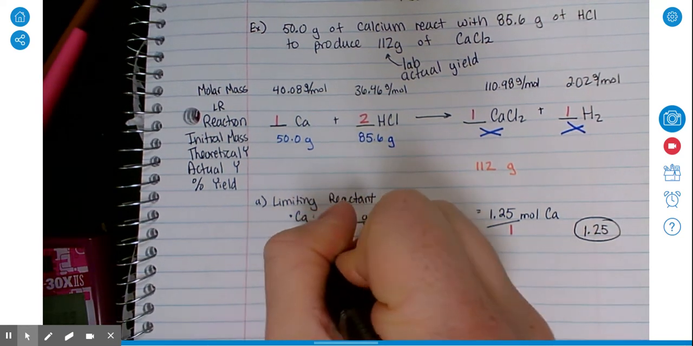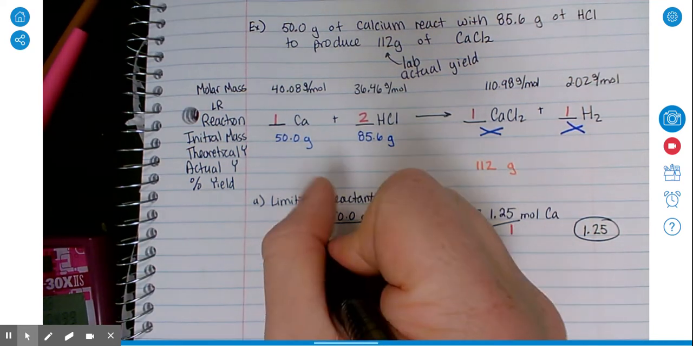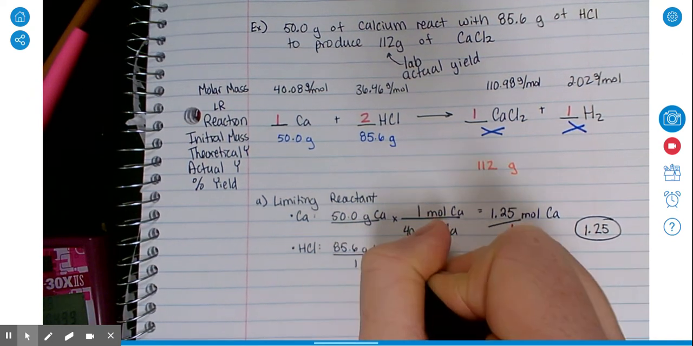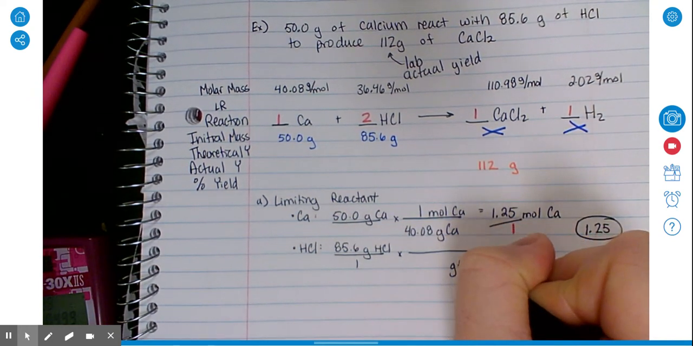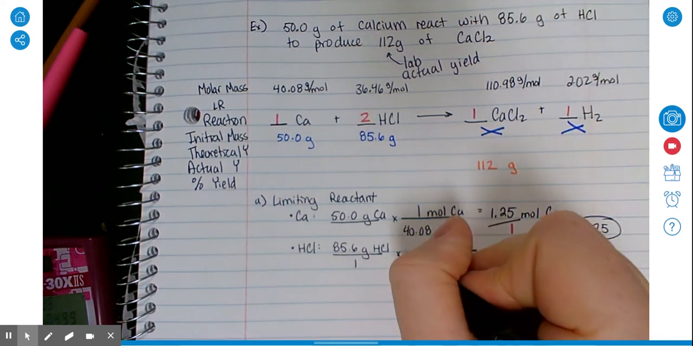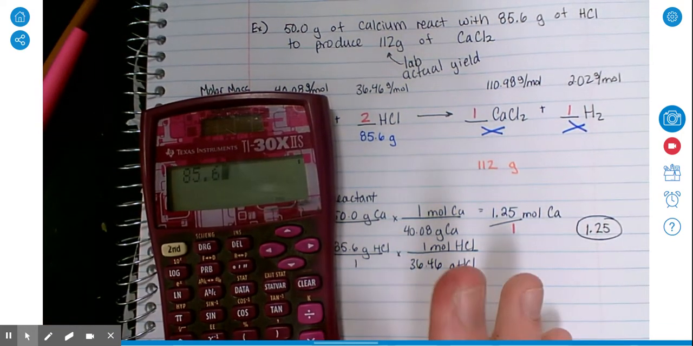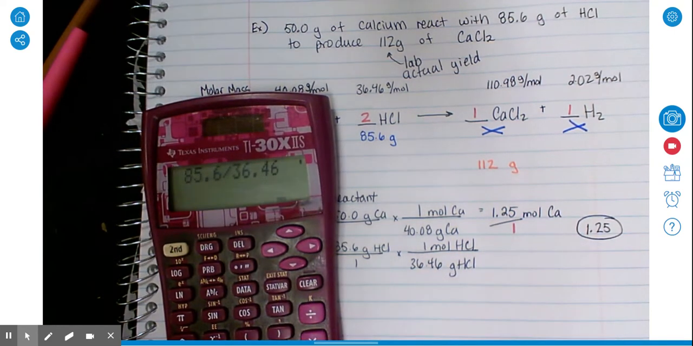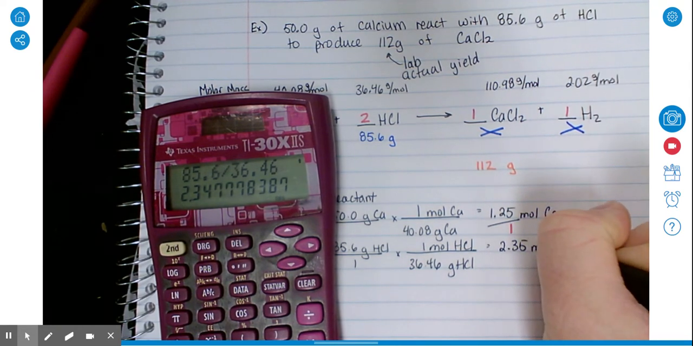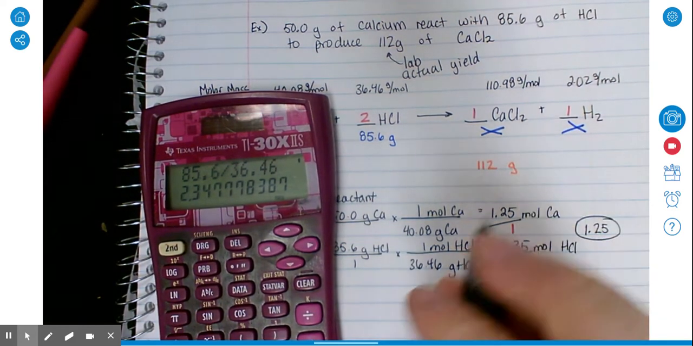Look at my other reactant, which is HCl. I'm beginning with 85.6 grams of HCl. From grams of HCl, I can go to moles of HCl using the molar mass, which is 36.46, and end up with 2.35 moles of HCl. Divide by the coefficient,